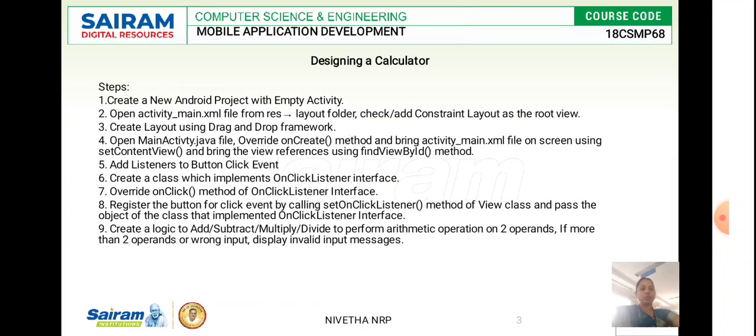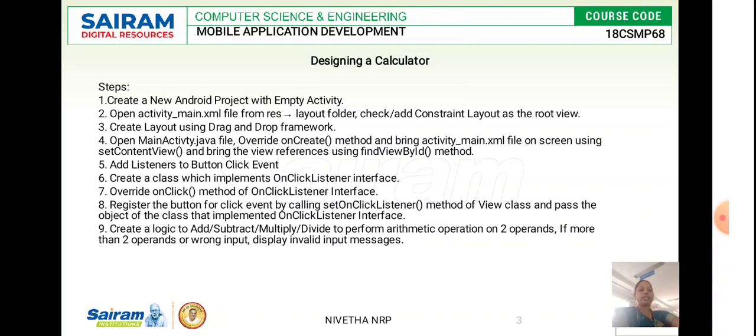As we all know, we need two basic softwares: Android Studio should be installed and your JDK files have to be installed, and go with an updated version of JDK files for higher efficiency of your project. Okay, the first step in designing a calculator is to open your Android Studio and create a new Android project. In that, choose an empty activity. When you choose the empty activity, your framework for the calculator will be done with this.